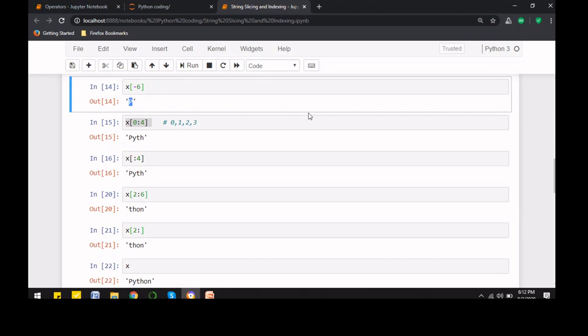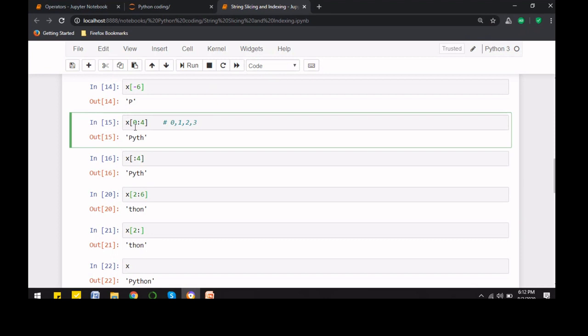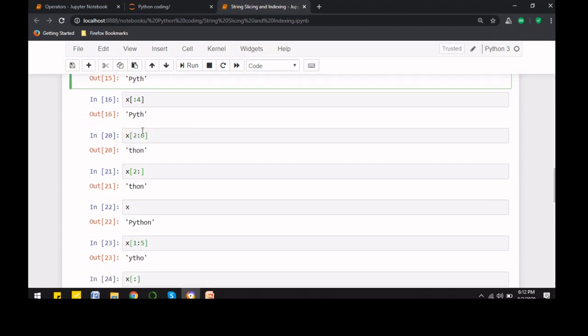Now there are different ways of accessing the string. If you want to have a subsection of the string, or you can say a substring of the given string, then we start from 0 and reach some in-between range. So we have taken 0 to 4. The same way we can write colon 4. So if we don't give the starting limit, this is the same. Both are the same way of writing it. Then we can give this range. This will give me a string which will not contain the starting index and the last index, but in between any index that we want to access.